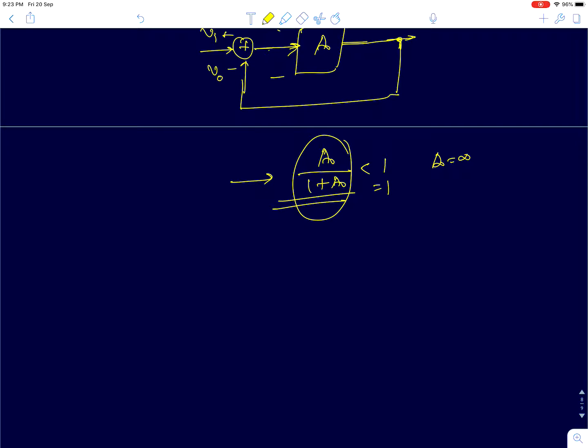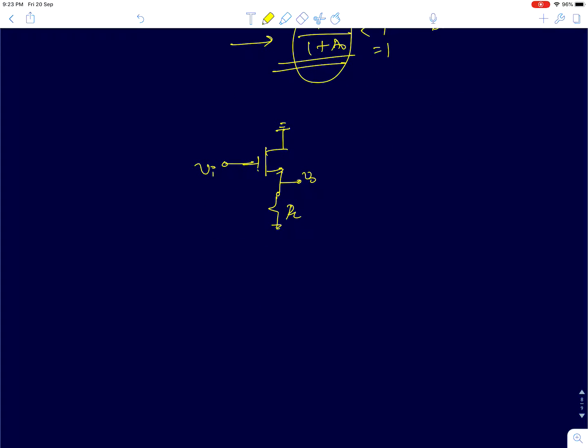Now if I load the circuit, then the gain is going to change. So how do we find the gain in that case? So I am going to connect a finite load resistance, and you are supposed to find the gain of this circuit. Now to find the gain, what I'll do is I'll just find the Thevenin equivalent as seen by the load resistance, and then the circuit becomes much simpler. So first I'll have to find the open circuit voltage gain, which will be A0 by 1 plus A0 into Vi,